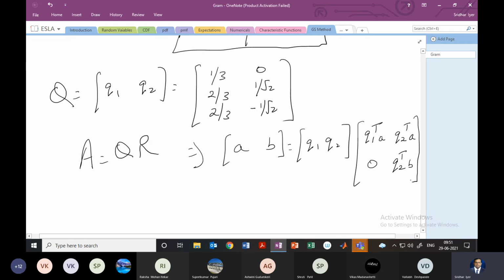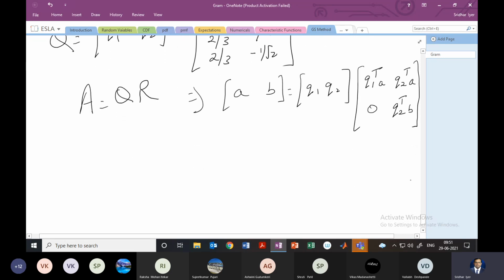Right? So this comes from the fact of what we have done earlier. Earlier it was a 3 cross 3 matrix because 3 matrices were given, but here we are given only 2 matrices. Right? So while I am writing again, let me know what are the values you get for those matrix in R, that is Q1 transpose A, Q2 transpose A, and Q2 transpose B. Let me see what answers you get there.